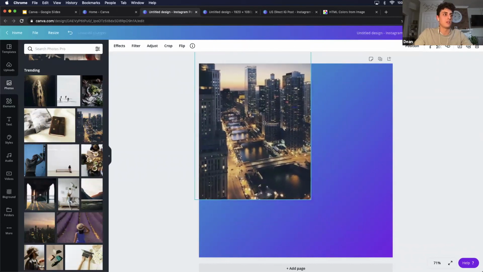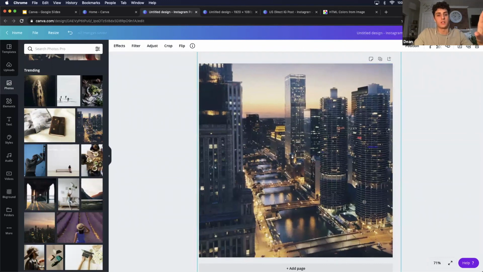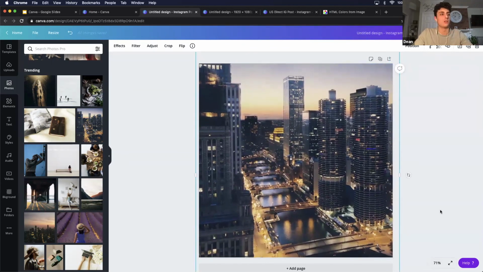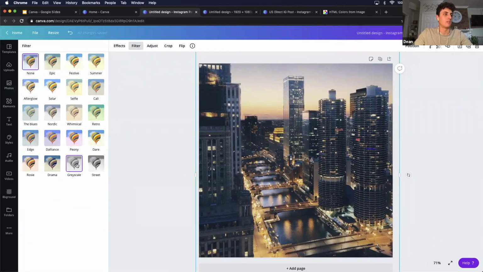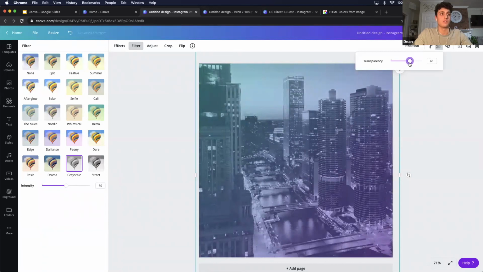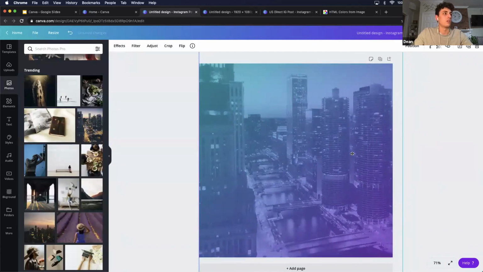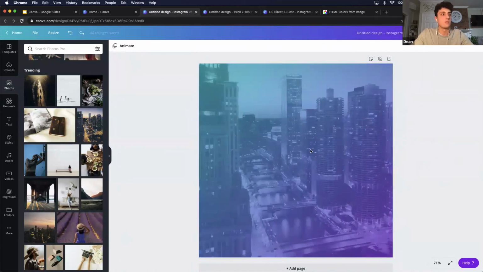What you can do is you can simply lay that color gradient down first, and then layer number two, you can make the city or whatever image you want. And first thing you want to do is lay down a grayscale filter and then use my favorite transparency tool and just make it a little bit see-through. And now look, you've got your cool brand colors shining right through this cool image.